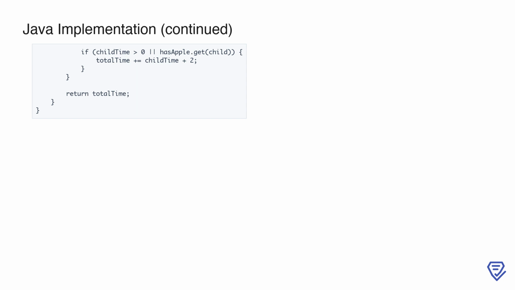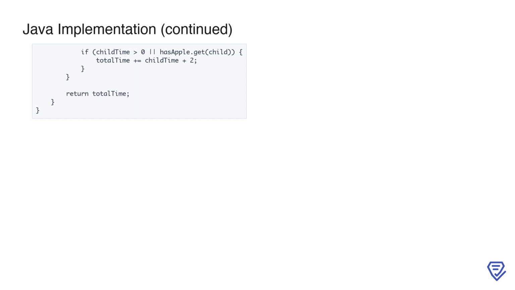its subtree. If the subtree time is greater than 0 or the child node itself contains an apple, it means we need to traverse this path. In that case, we add the subtree time plus 2 to account for the round trip to and from the child. Finally, the total time for the current node is returned, which allows the recursion to propagate the accumulated time